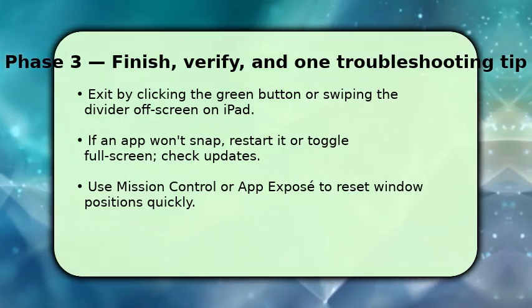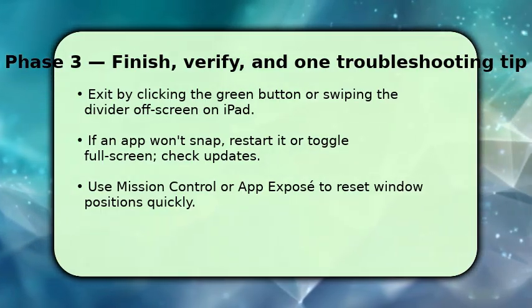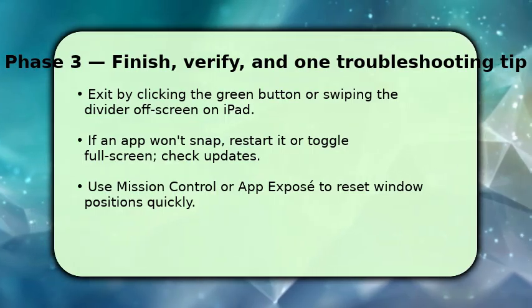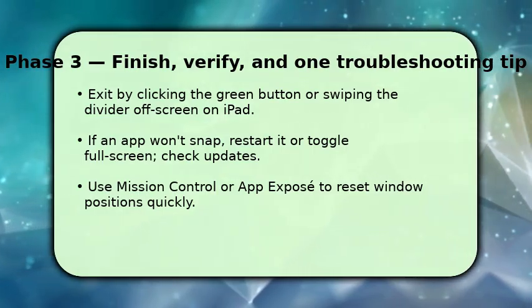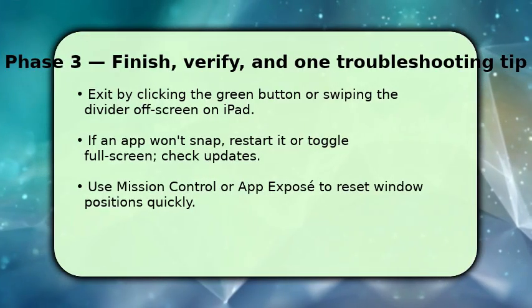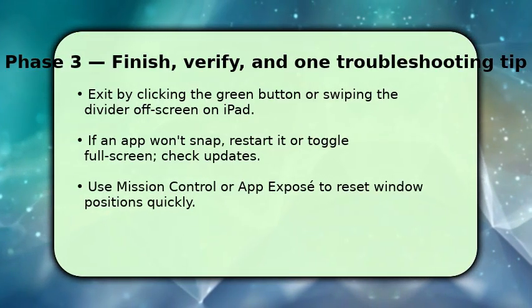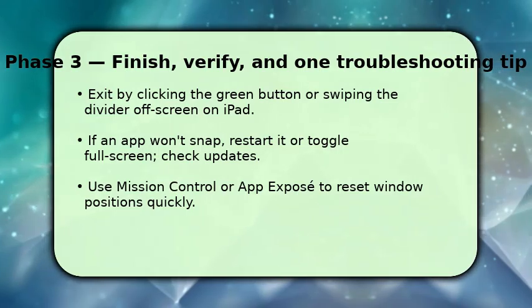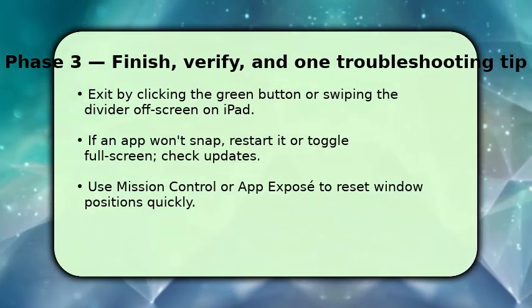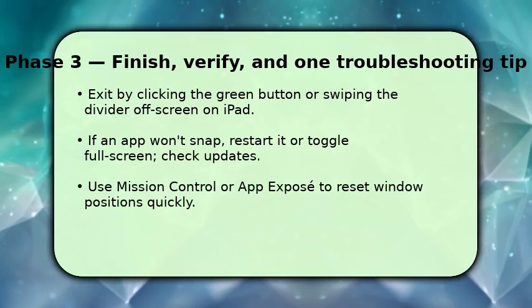If an app won't snap, quit and reopen it, toggle full screen, or check for pending updates. This fixes most hiccups. As a troubleshooting tip, use Mission Control or App Expose to locate hidden windows and restore proper layout. If problems persist, rebooting the device clears temporary display issues and